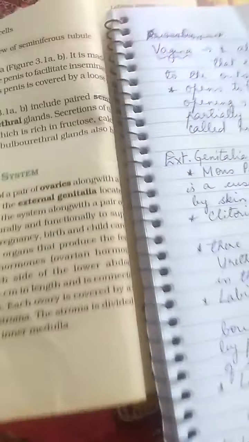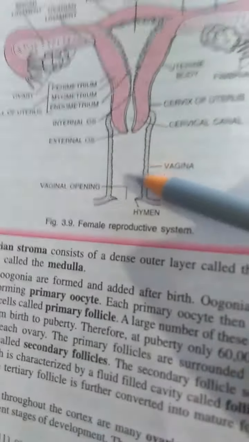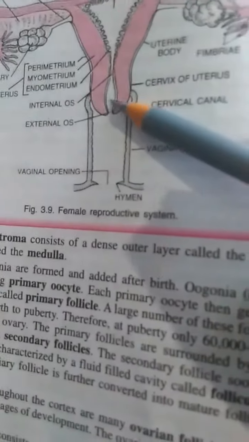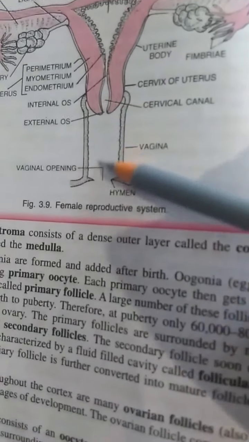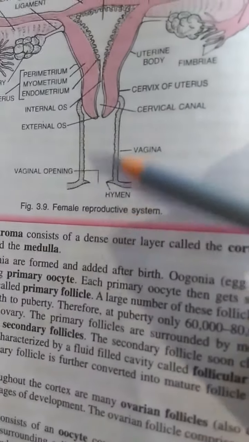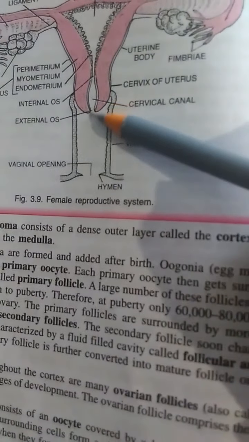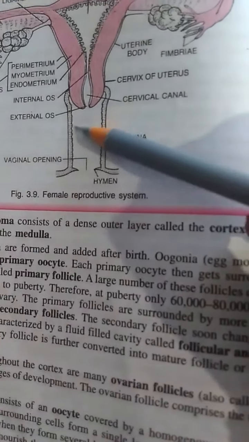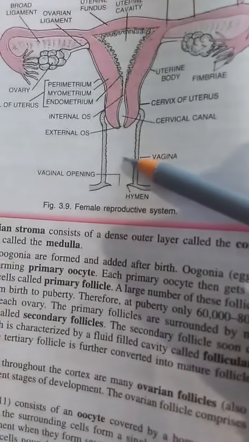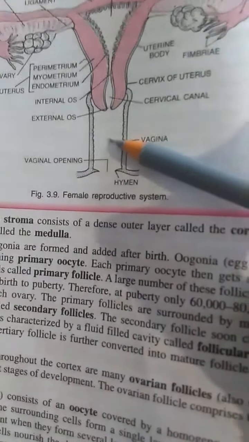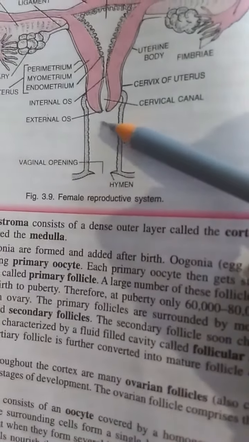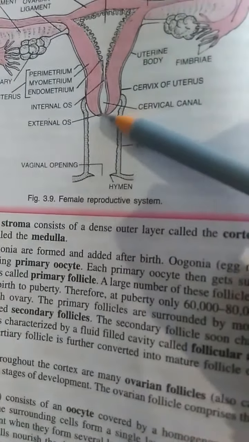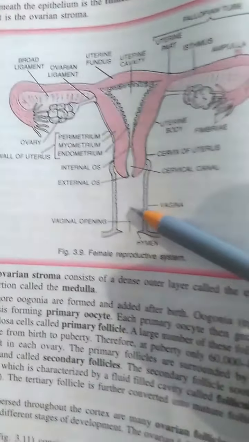Right. Now, what is the function of vagina? ठीक है, it is vagina only that provides a passage for the menstrual flow. यहीं से मेंस के टाइम पे जो ब्लड बाहर आता है along with the unfertilized egg, it comes out this way only. It is the vagina only which receives the penis during sexual intercourse, right? And it is this portion only where the sperms are discharged, where the semen is discharged by the penis of male during sexual intercourse. Okay?